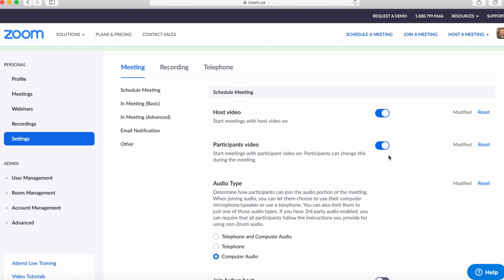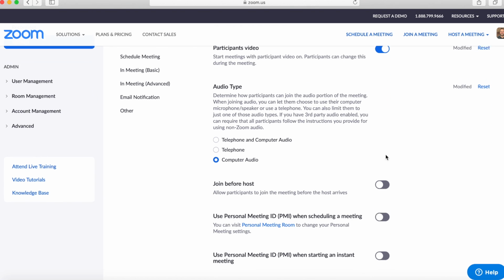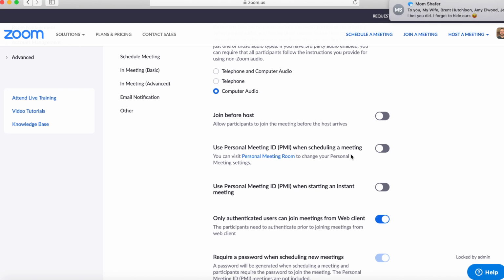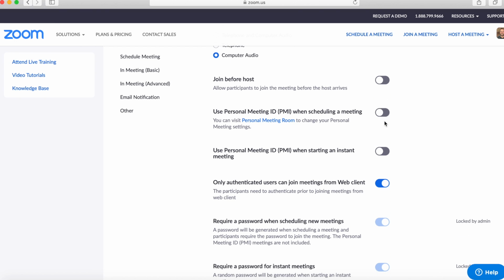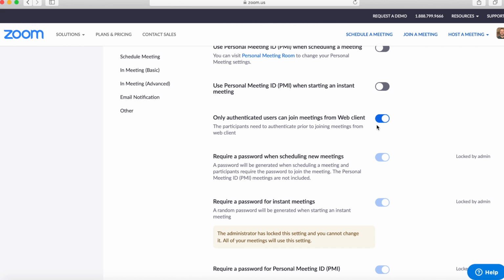The participants video, you want this turned on because you don't want to deal with kids and having to tell them to turn their video on. Just make it so it turns on as they enter. Audio type will keep on computer. You do not want to allow participants to join the meeting before the host arrives. They do need to be kept in a waiting room. If they try to join before the meeting has started, it will just tell them that the meeting has not started yet. All right, now going down to